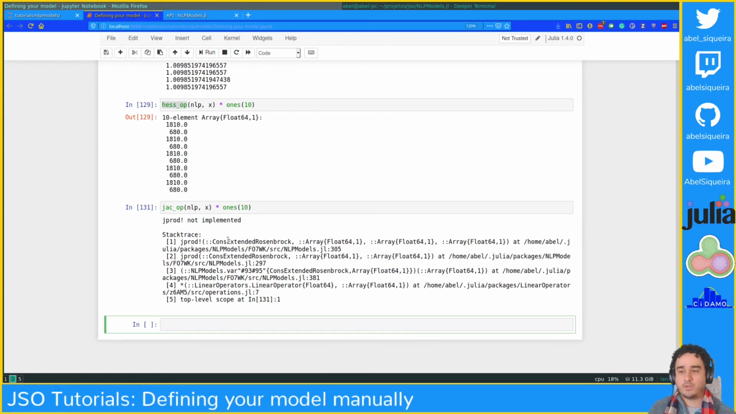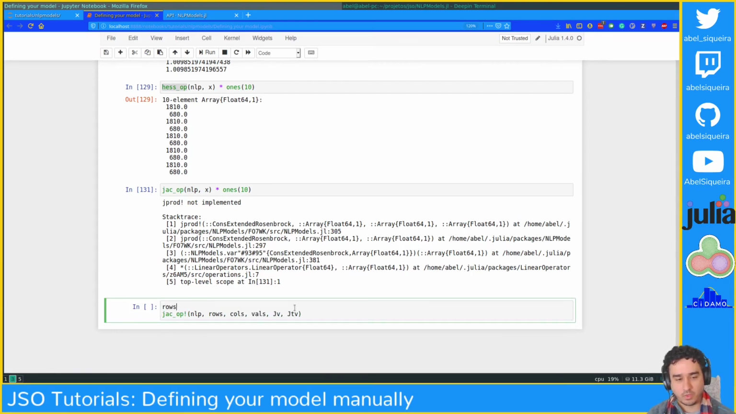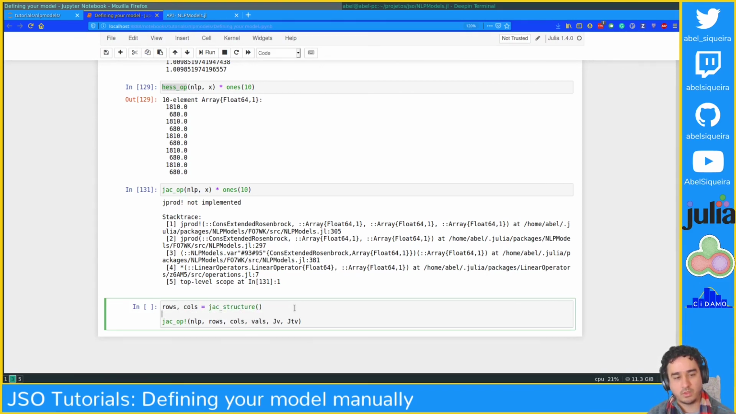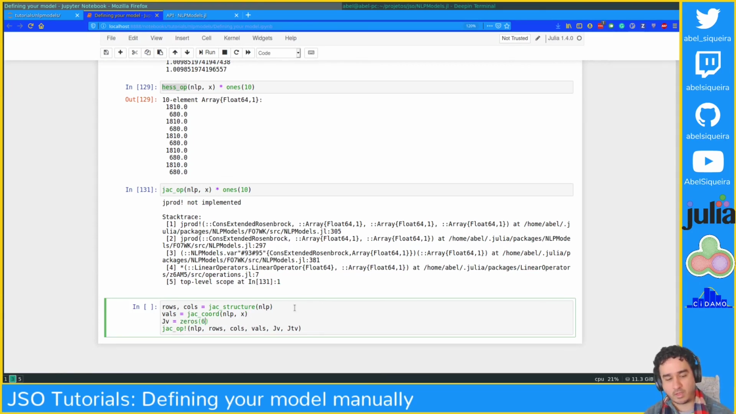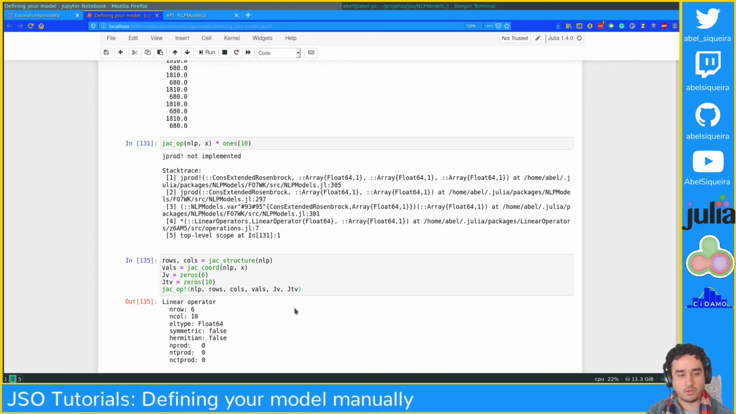So let's say you don't want to implement jprod and jtprod because you already have the sparse structure and you want to use that without explicitly writing it. So you'll have internally jac_op with rows, cols, vals, Jv, and Jtv. So rows and cols are the jac structure. Vals is going to be jac_coord at x. Jv is a vector that has pre-allocated the output. And then when you call jac_op,